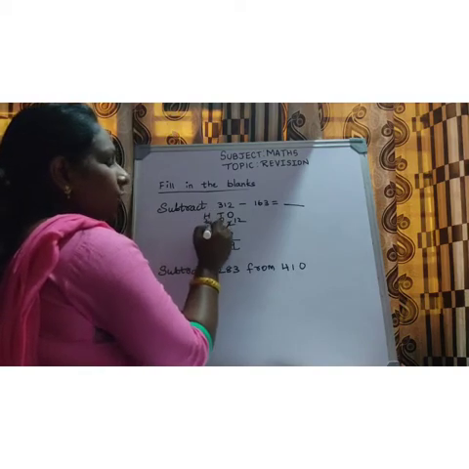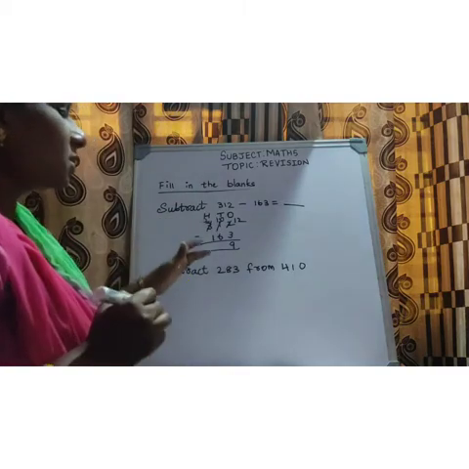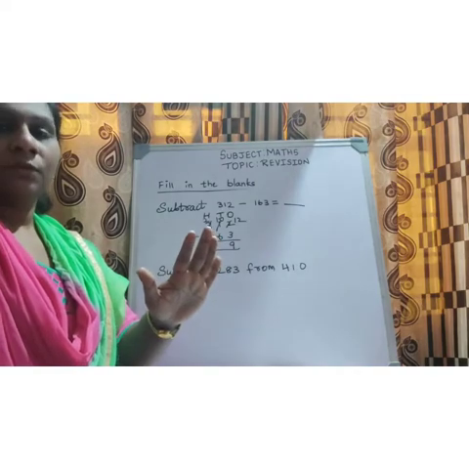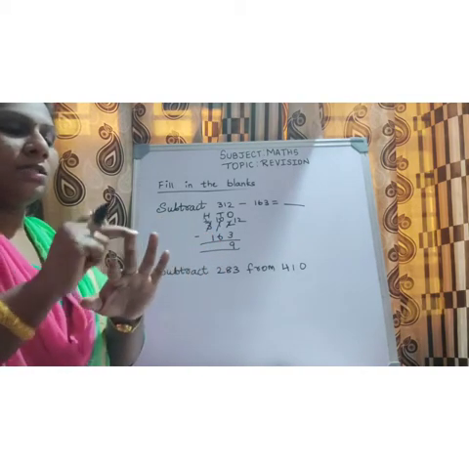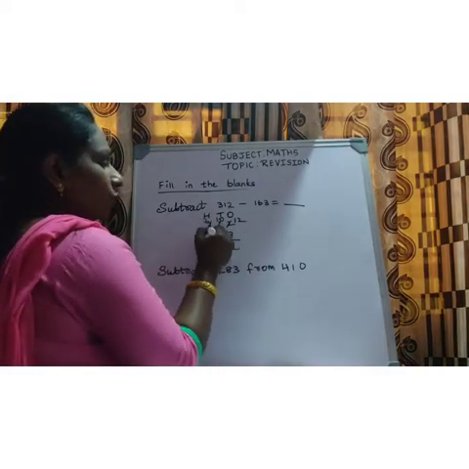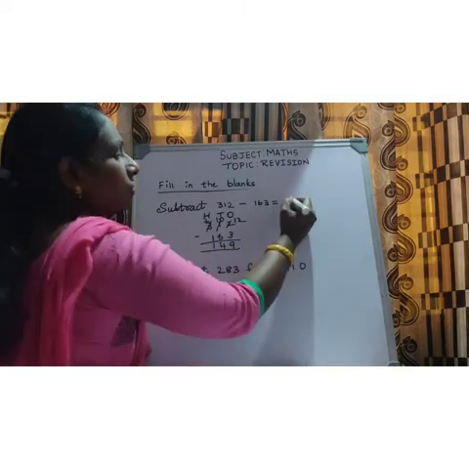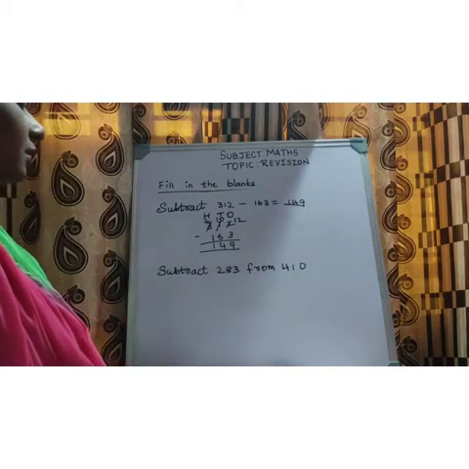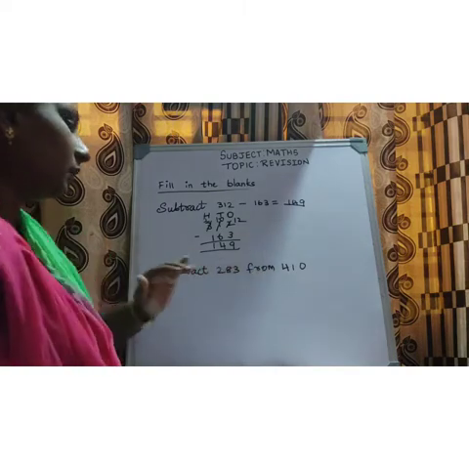In the hundreds place, here it is 3. So here it will become 2 and here it will become 10. So 10 minus 6. 10 in your mind, 6 show it in your finger. Before 10: 9, 8, 7, 6, 5, 4. So the answer is 4. 2 minus 1 is how much, children? 1. So the answer is 149. Okay. What is the answer? 149.